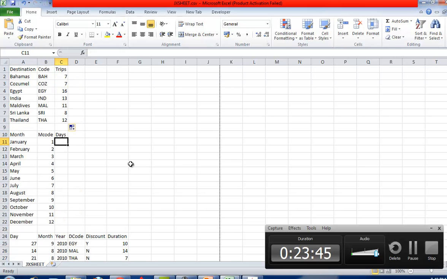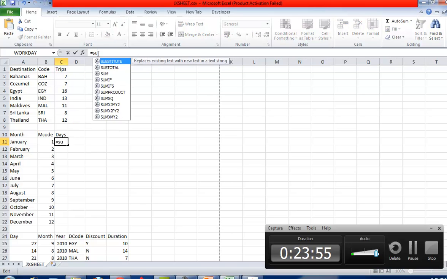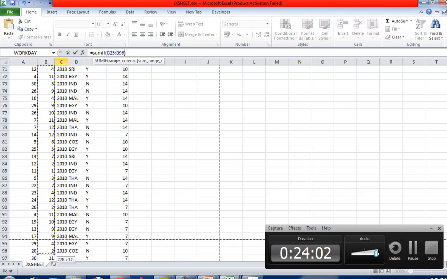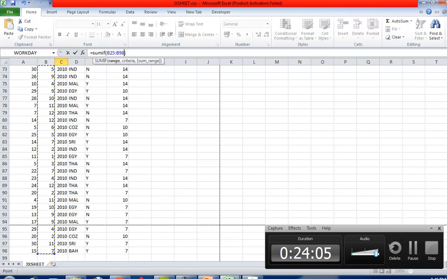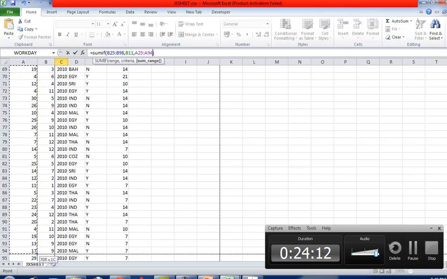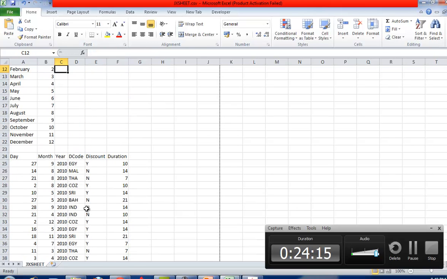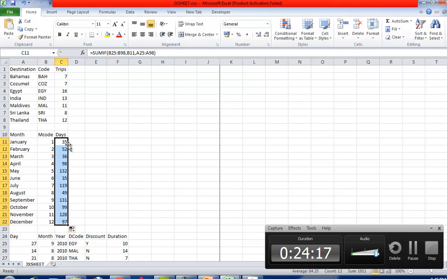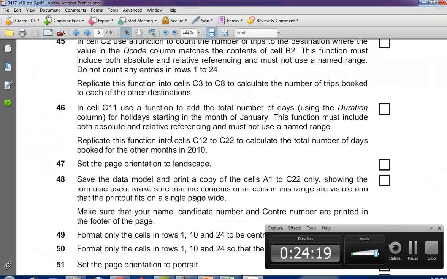Here days, month. We have to use this for this. So equal to SUMIF. First range will be this range, where the months appear. And then we need criteria, then we need the days. Right. Next,